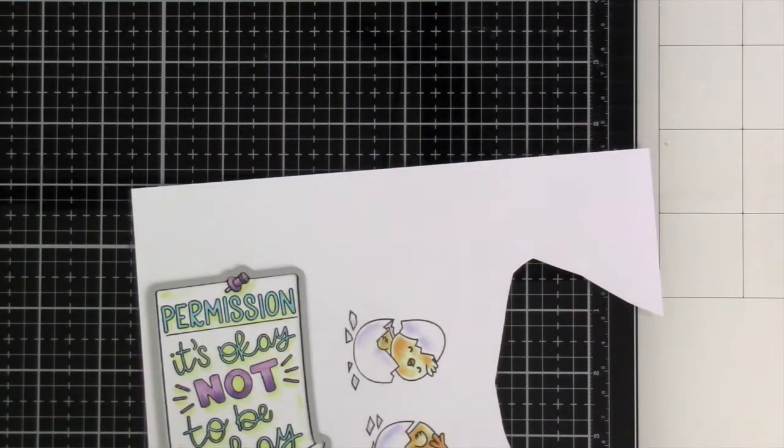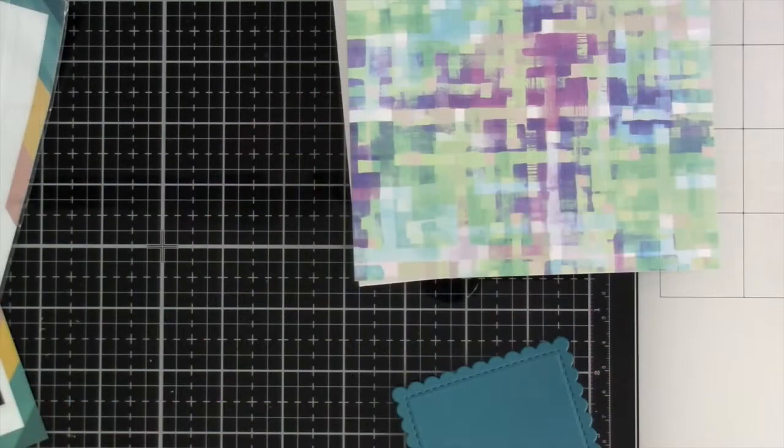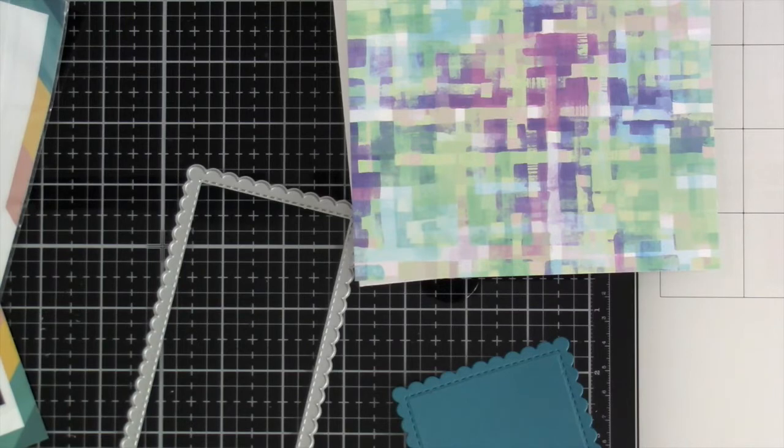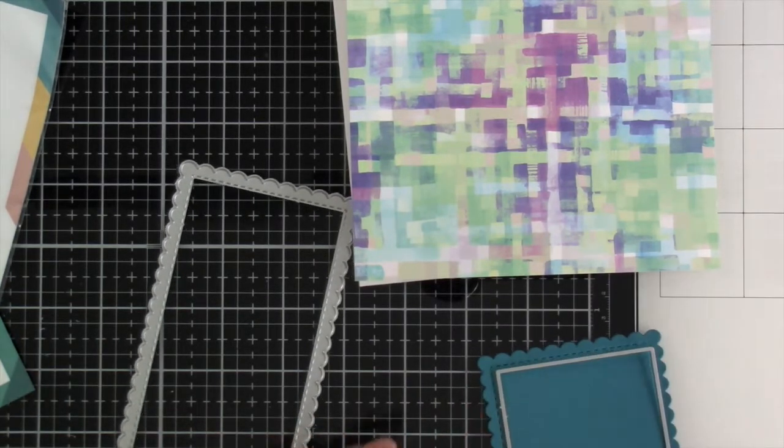Now I will run this through my die cutting machine because I do have the matching die for this particular one, and then I'll fussy cut out the other two. I want to build a frame. Let me apologize. I had my camera all zoomed in and didn't realize it until it was a little bit too late,